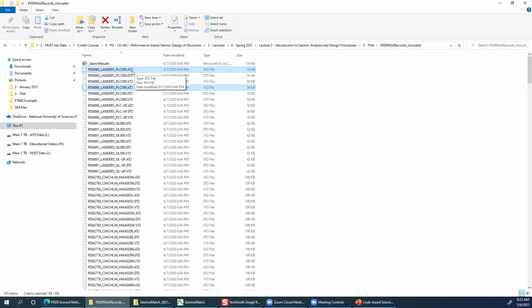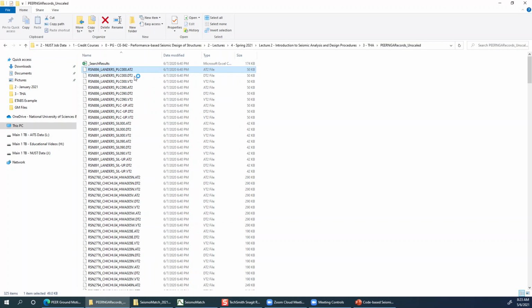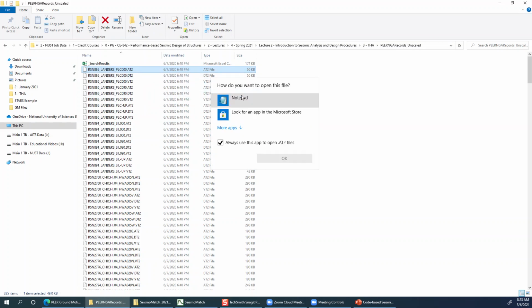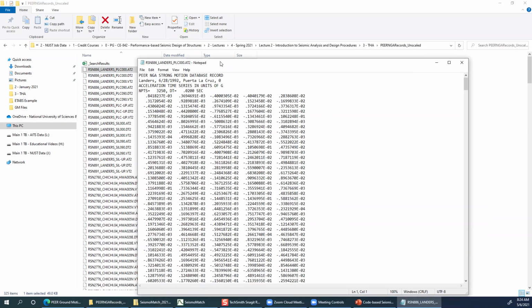So you can use Notepad to open any ground motion file. So let's first open this first file with Notepad and try to understand its format. Let me just open this file with Notepad, and it will show me the ground motion data.